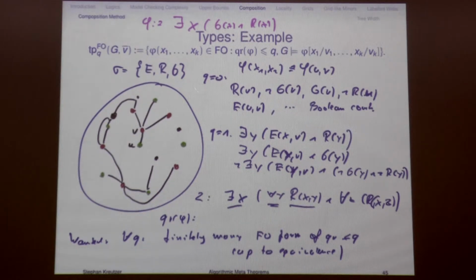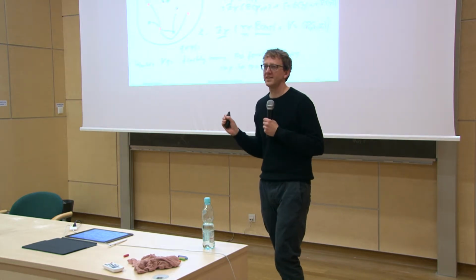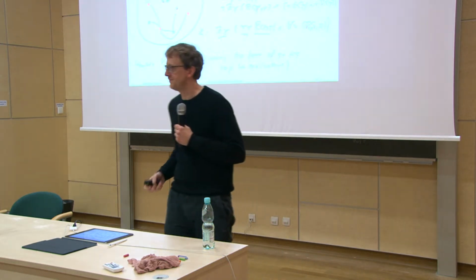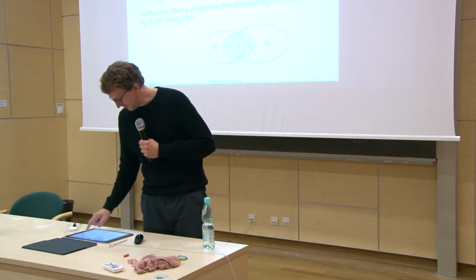And so, in particular, for sentences up to a certain quantifier rank, there will be in every type as long as they are true. Yeah? And if you have a type, then you can just ignore the free variables and just look at the sentence, and this gives you the answer. Yeah? And now we want to actually use it.